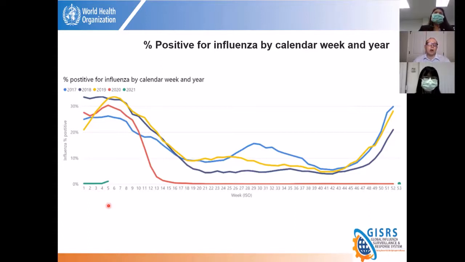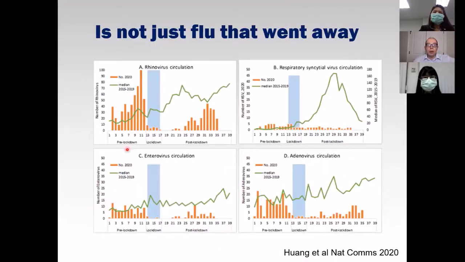Clearly mask wearing and social distancing had an impact on that, but I'm not convinced that was the only thing as well. I think there was probably a little bit of viral interference as well. And it wasn't just flu that went away, a lot of other respiratory viruses disappeared as well. This was a study I was involved in in New Zealand, which is my home country,